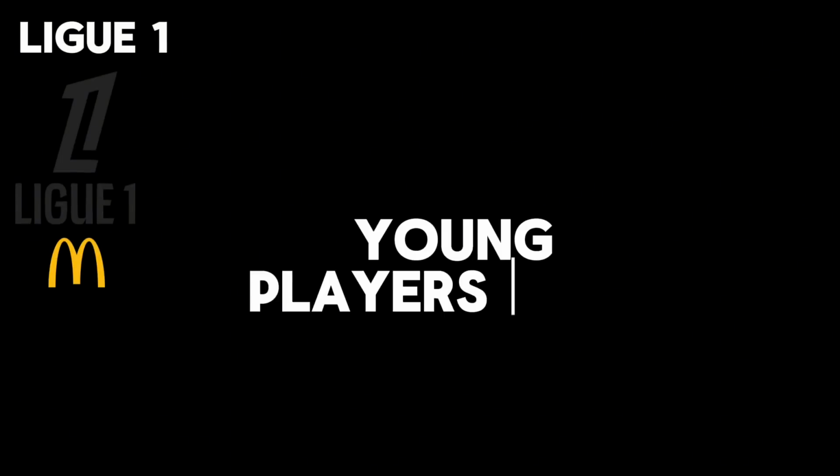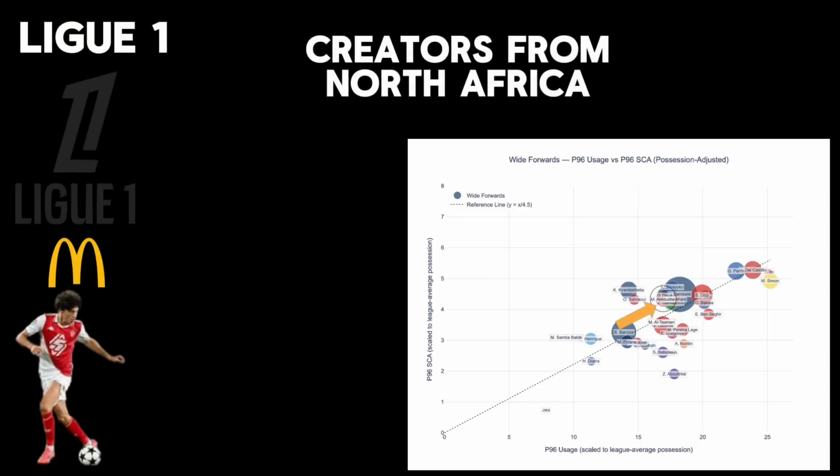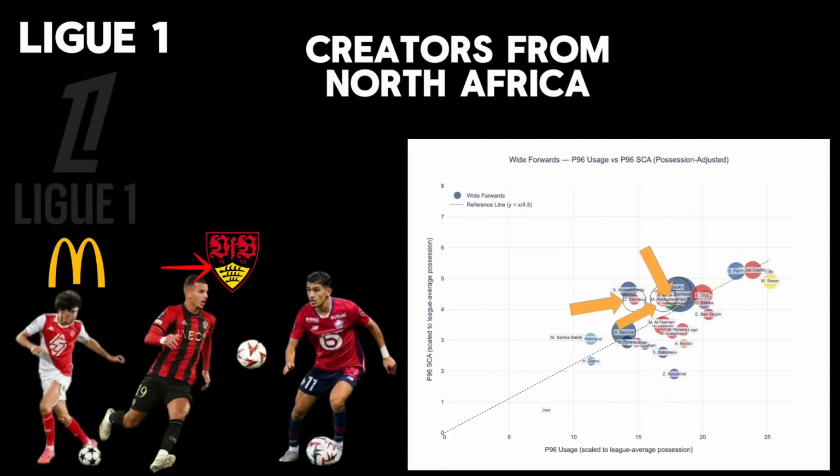Who are some young players I like from this league? Akliouche, Bouanani, and Sahraoui are all young and on smaller teams. We've seen players like this fail in the past, but we've also seen them light up the world. The fact that they're all efficient while also being primarily skillful players, to me, bodes very well.